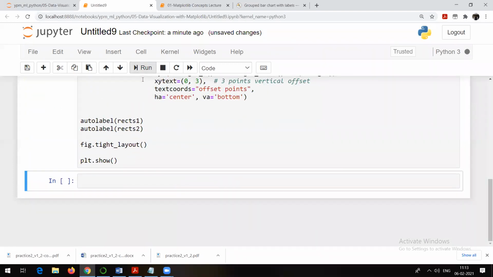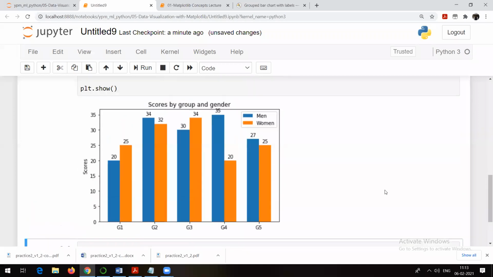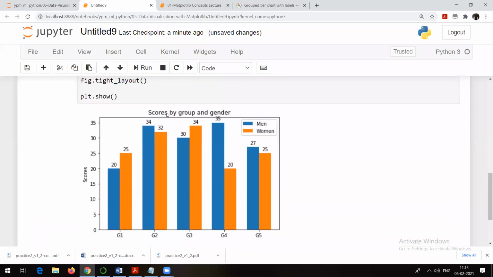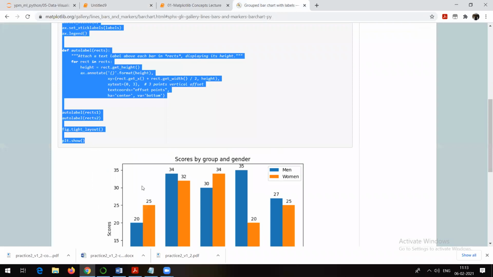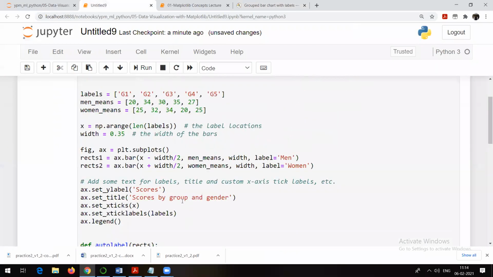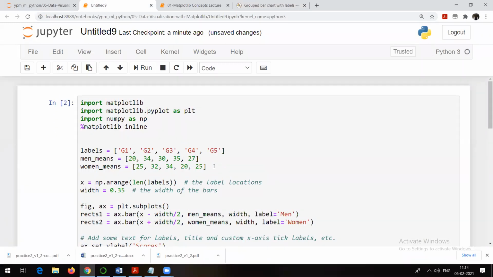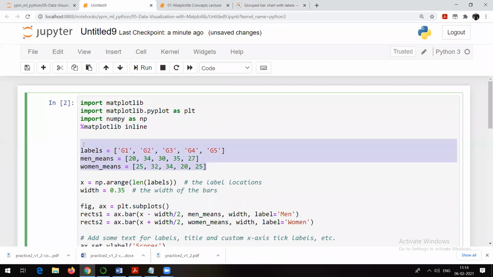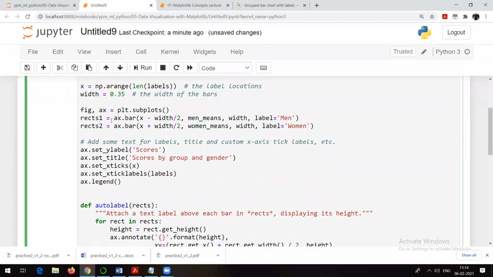Now you will see the output. Now you are able to see the output. So this is just the example I have taken from here. I showed you this particular graph and said don't worry about the code. These are nothing but lists, data we have generated. I'll be explaining how to write all these kinds of code.